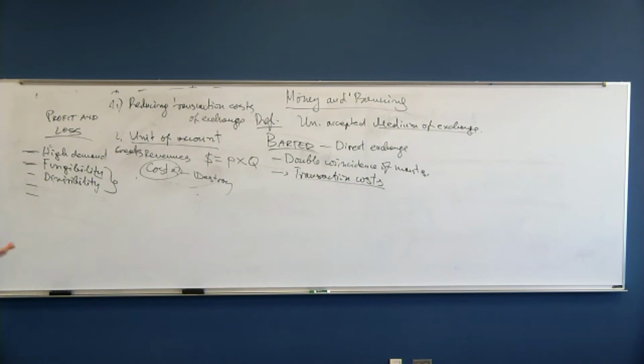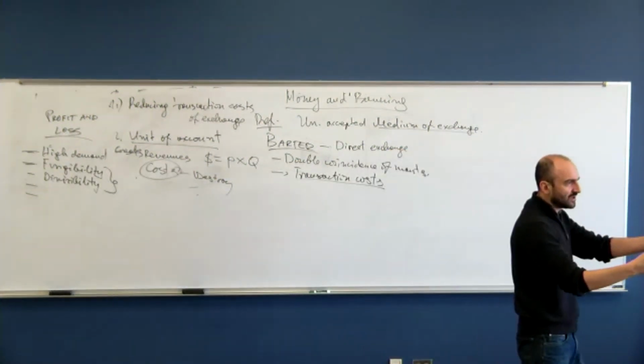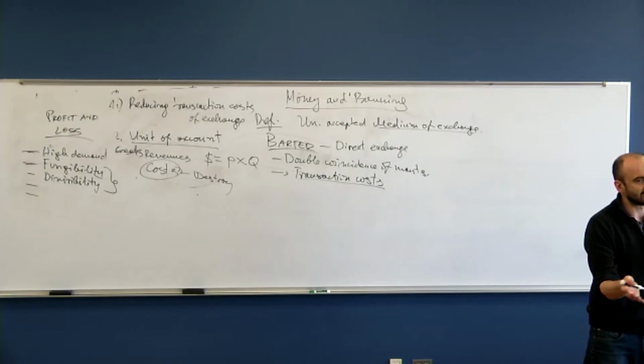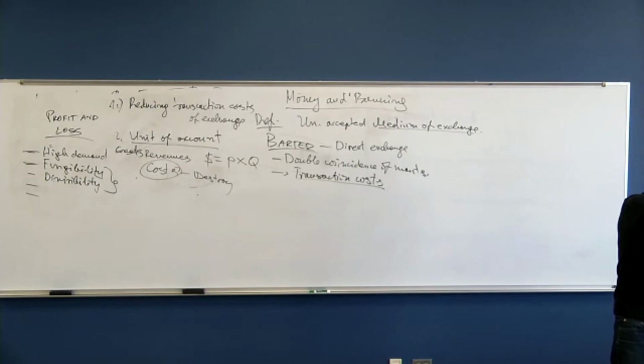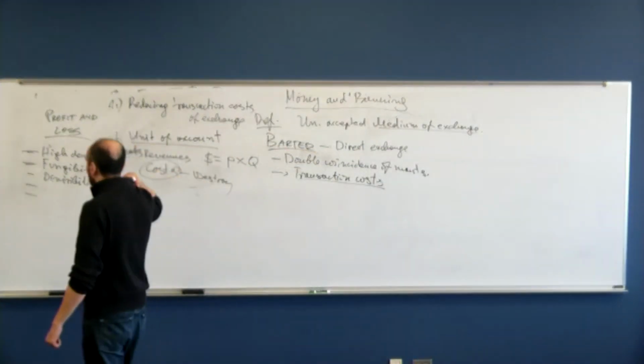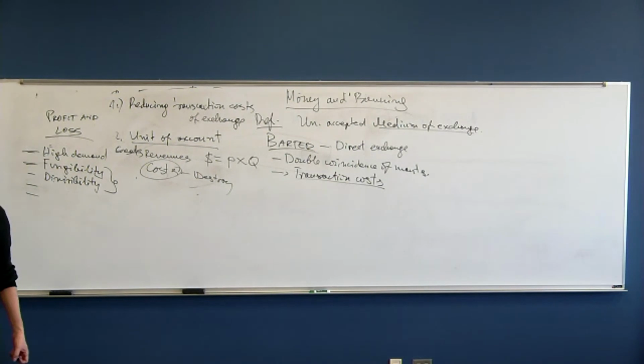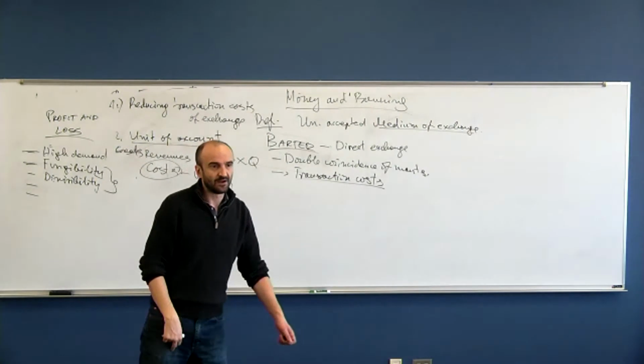Whereas, for example, oil is a fungible good. If I give you 10 gallons of gasoline, it's as good as any other 10 gallons of gasoline in a certain category. There is a differentiation here as well. But a given category of gasoline is as good, or wheat, corn, are fungible goods. So gold is also a fungible good. Every piece of gold of a certain purity is equally good as any other single piece.